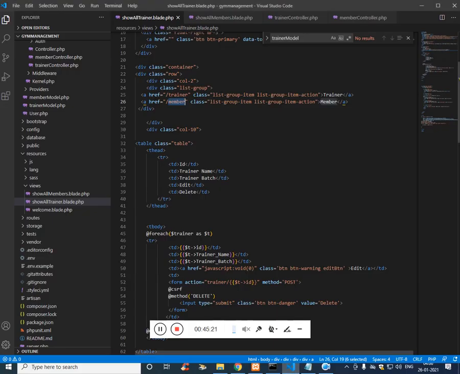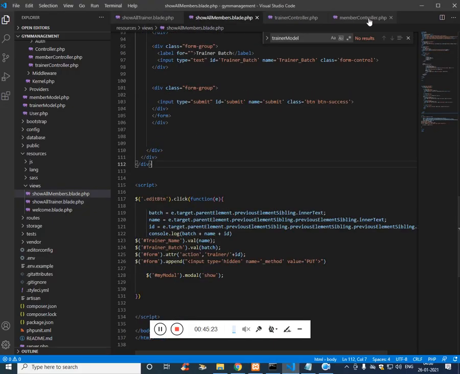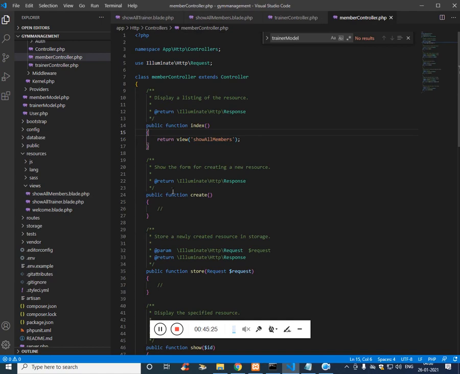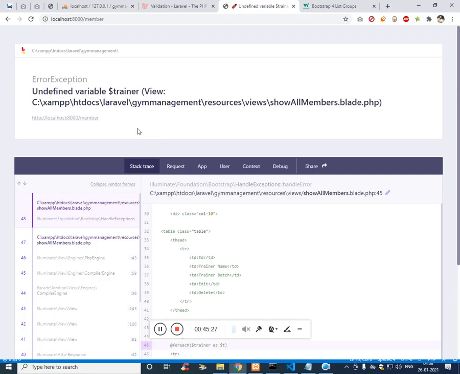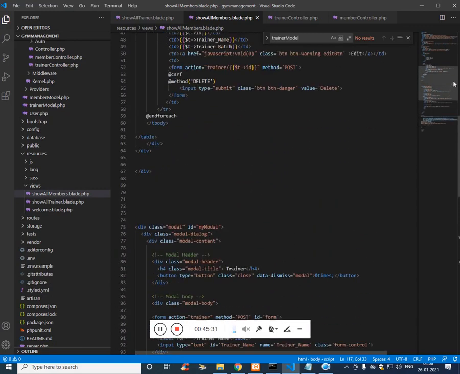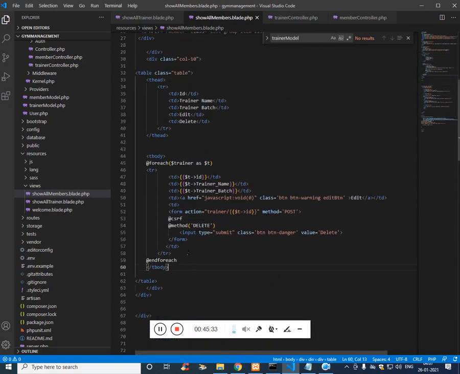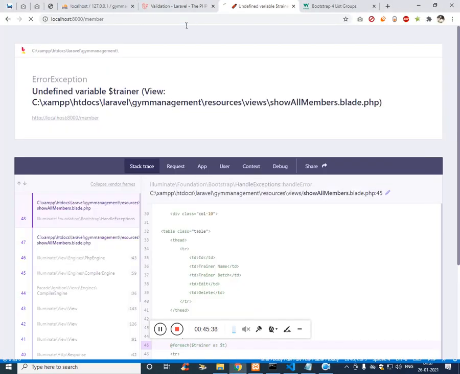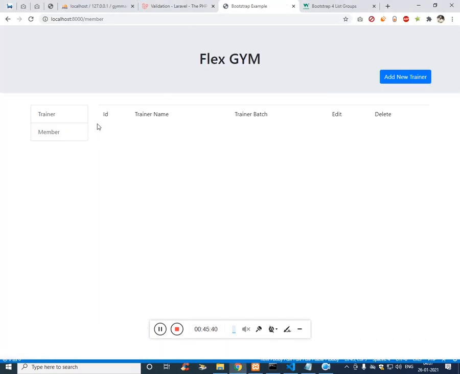Undefined trainer, so there is some error with the model which we have copy pasted. Where is this? Okay, so while copy pasting we just use the same code. We have to delete this. Refresh it. Fine.